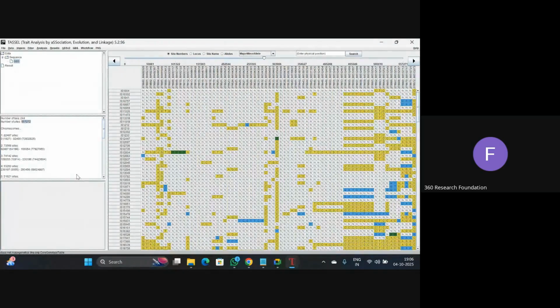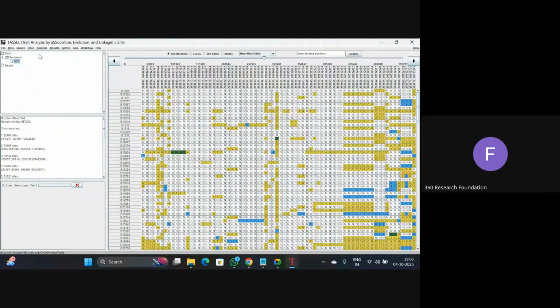So first we will try to filter the file for missing values and markers with low variability and low heterozygosity. For that, just select this GBS, go to the filter option,